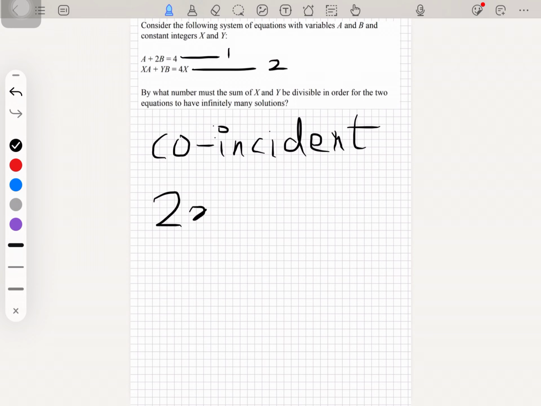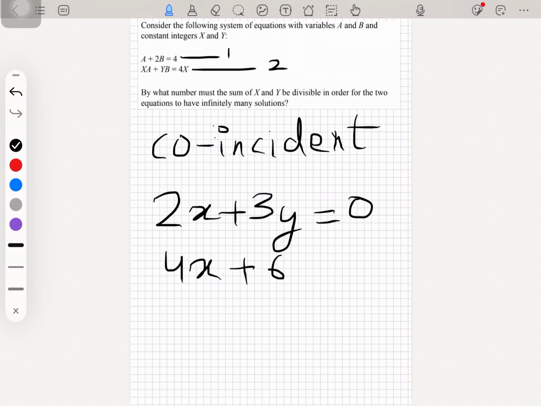So let's say 2x plus 3y is equal to 0 is one of those equations, and the other equation is 4x plus 6y is equal to 0. They look different. One has 2 and 3, another has 4 and 6. But if we reduce the second equation by taking 2 common,